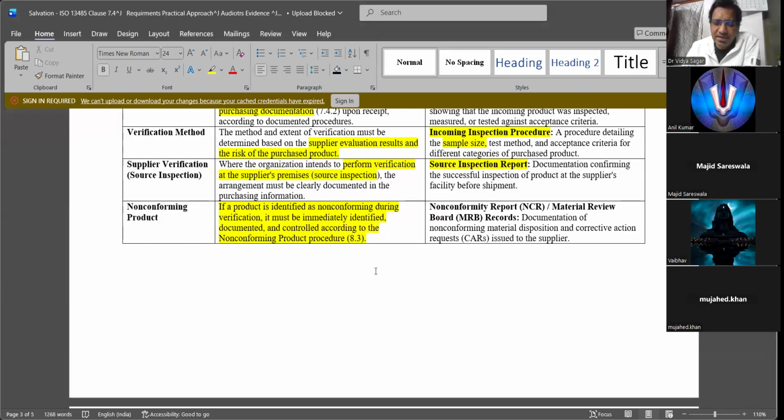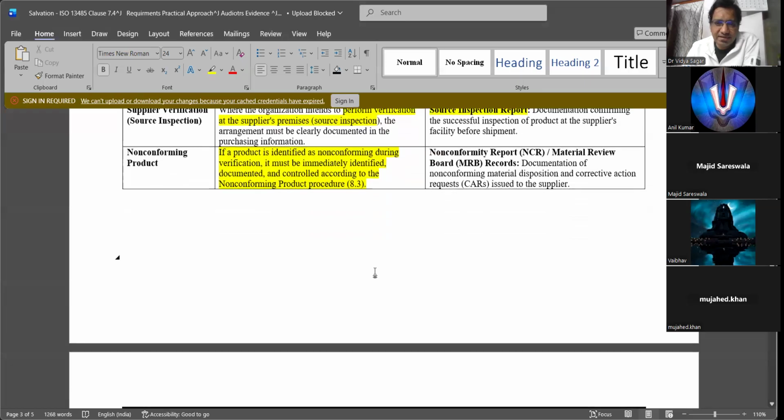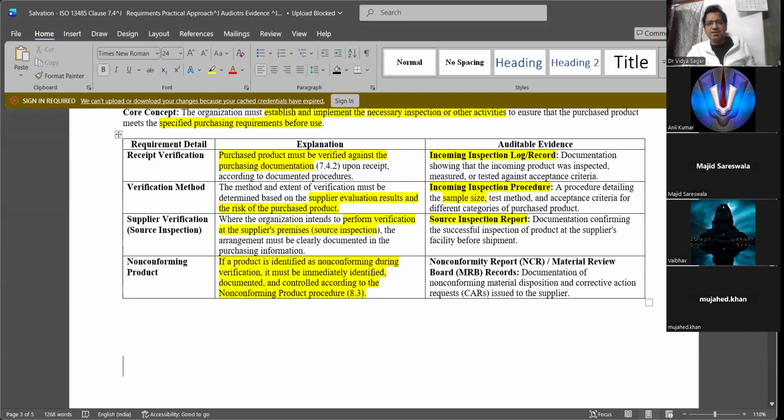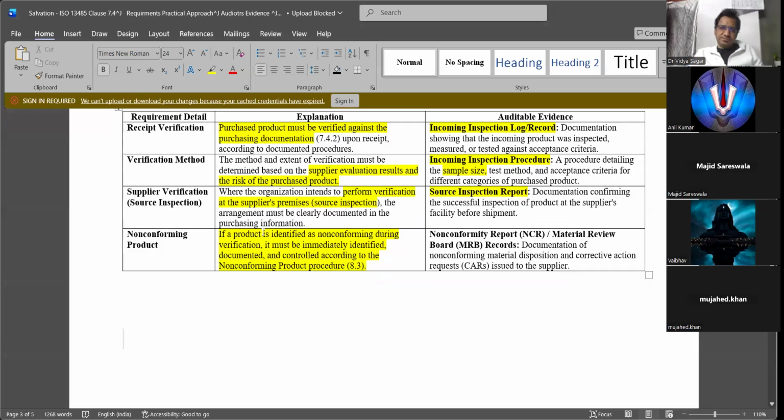And the other most important thing, it's not there here: for the raw materials, how much sample size you have to take to test. Suppose you get 10 batches, 10 lots, something like that. You will test all 10 lots, or you will pick, is there any specific sample size for testing them? How many samples? Yes, sir.